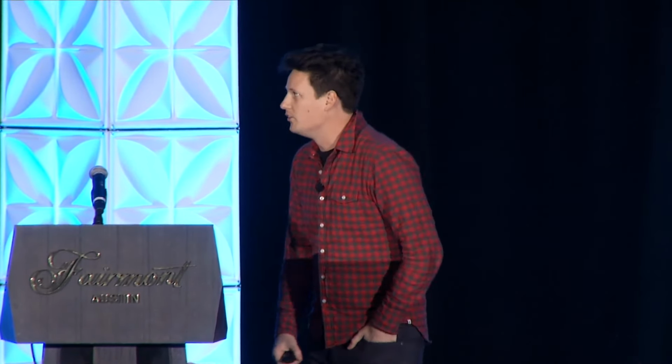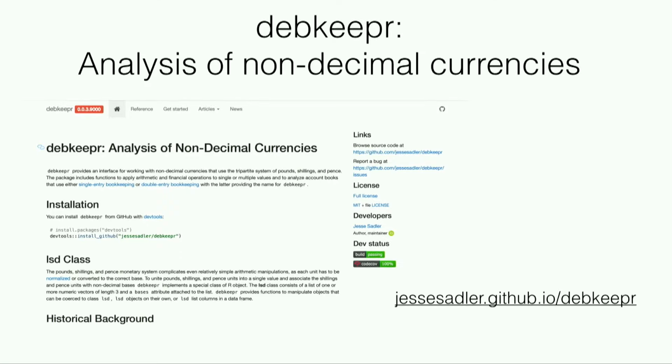So the package that I have developed, I've called debkeepr, which is short for double entry bookkeeping, or double entry bookkeeper, which I know sounds amazing already. This is on GitHub right now, and there's more I want to do with it, but it's basically ready, and it has a pkgdown website with 3 vignettes and descriptions of how to do things.